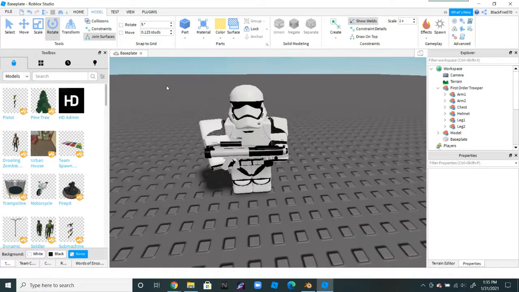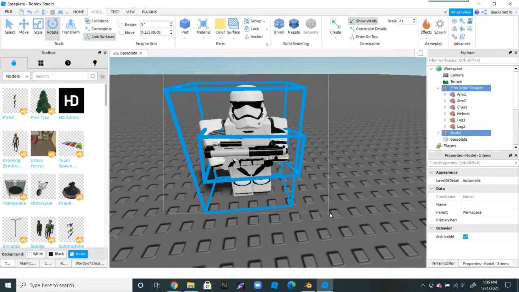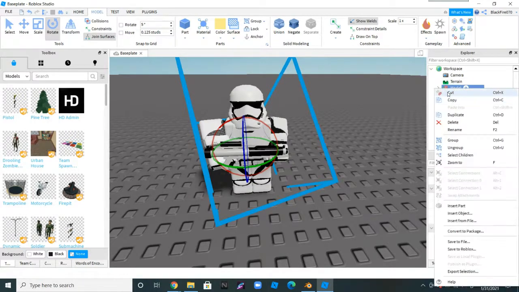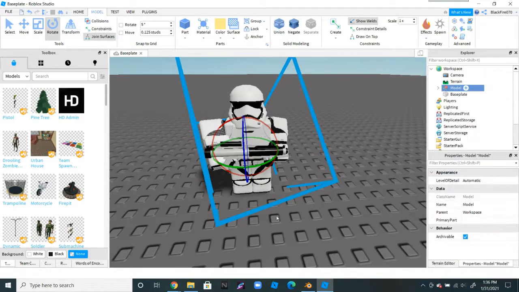So now what you're going to want to do is hold left click and drag over everything you have. So your guy, if you gave them a blaster, if you did all this other crazy stuff, maybe you made parts behind him or you built him on this cool platform, I don't know. And you're going to want to group it again. I use the shortcut Control G. I'm going to go over here to where it says model. You're going to want to right click it, export selection,